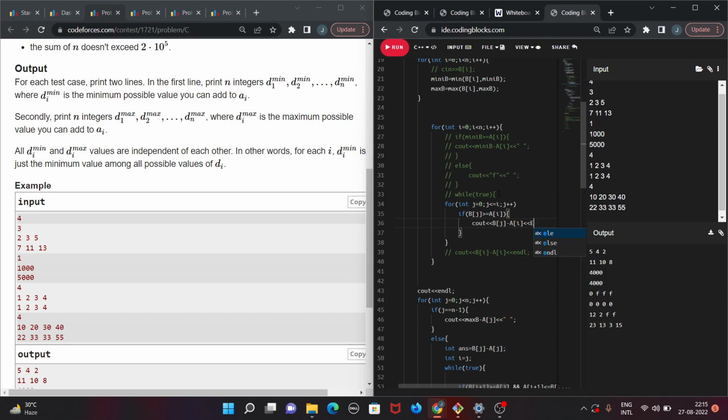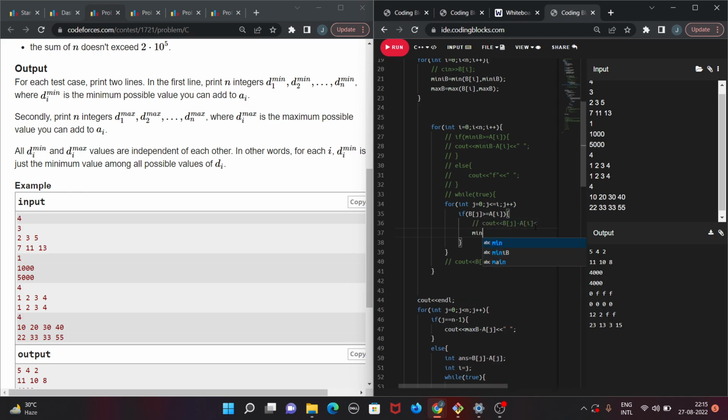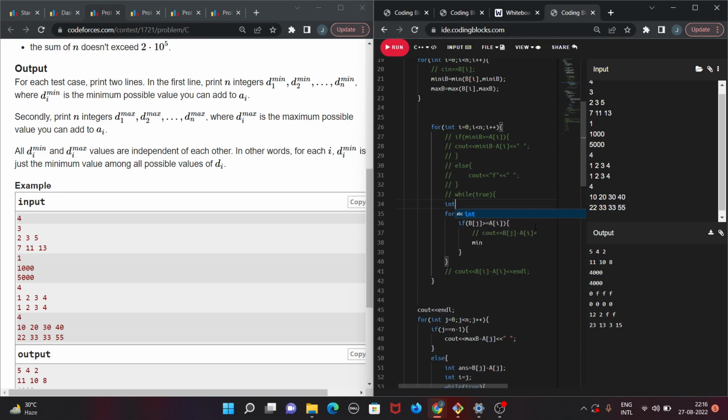No, we don't have to print. We just have to take the minimum. That would be 2 for loops. And would it pass the time limit? Or we could just give it